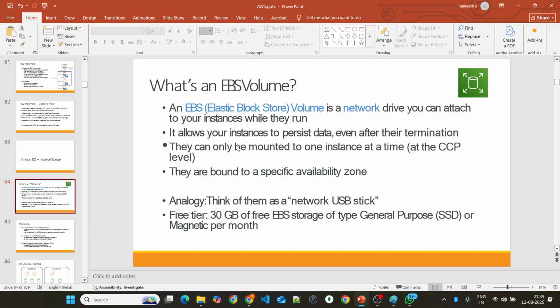Tomorrow we will be seeing about creating an additional EBS disk and attaching it to your EC2 machine, and then EFS and all. We will see it tomorrow. I'm going to stop the